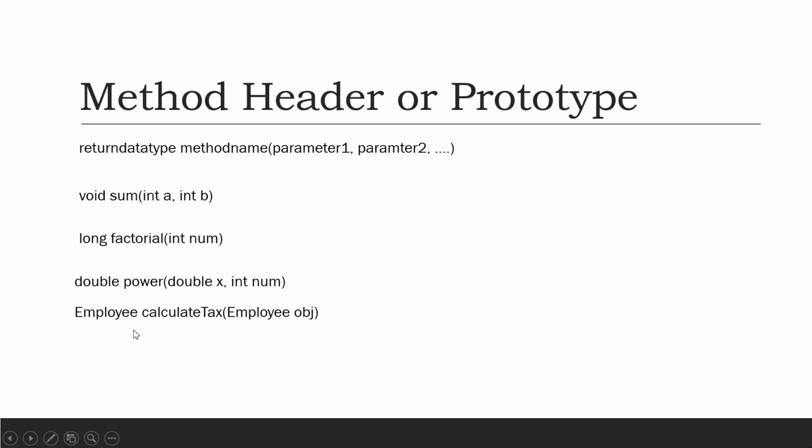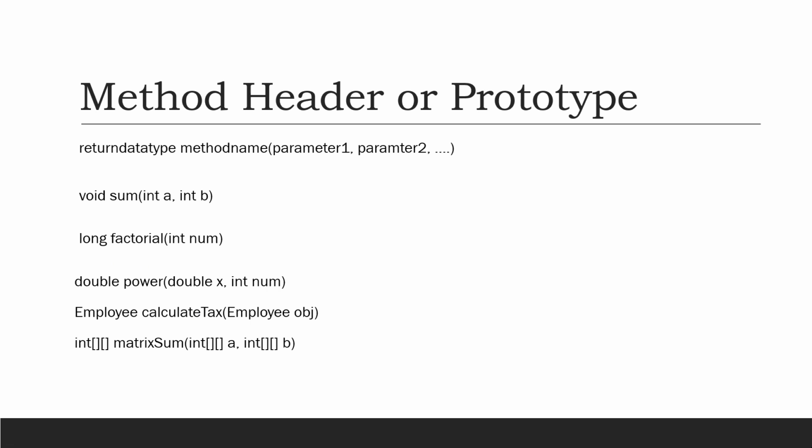We can also write a method to calculate the matrix sum. In that kind of scenario, let's say we have a requirement to accept two matrices, matrix A and matrix B, which are nothing but two-dimensional arrays, and if you want to return the result as a two-dimensional array as well, we can write something like this. So this is how we can define some method headers or prototypes based on our requirement.